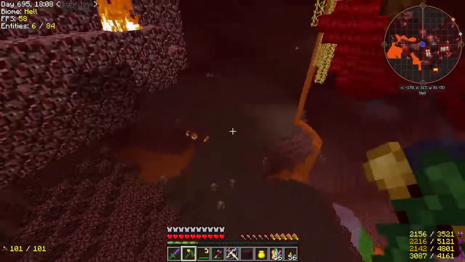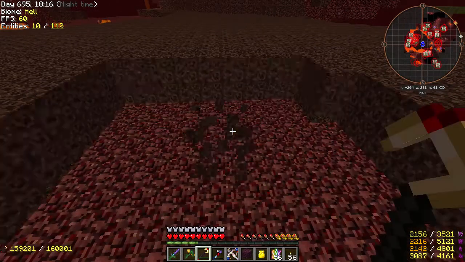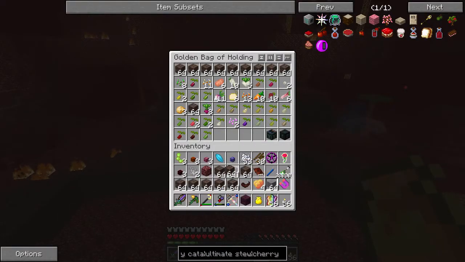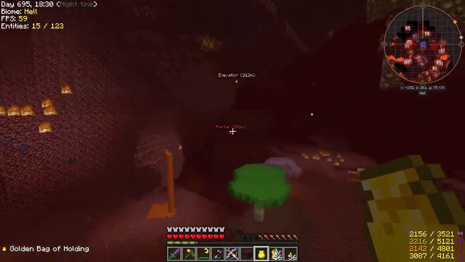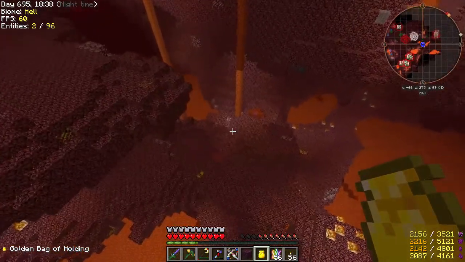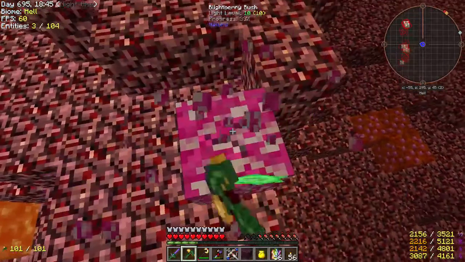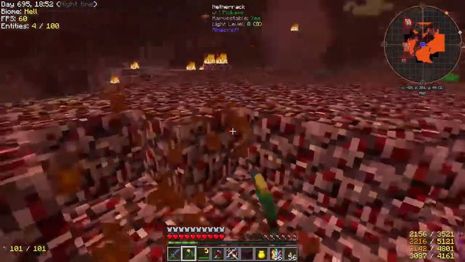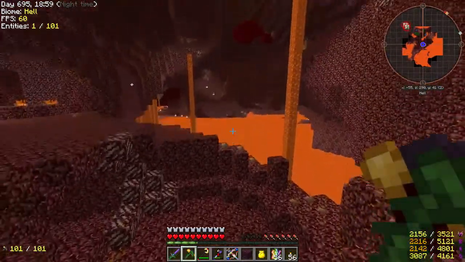Since I don't see any tainted soil, let's just go with this. We will grab a bunch of soul sand. And let's head back home. And what we'll do is we will... There's a bunch of berry bushes right here. Okay. We only need 8 of each, so I'm not too concerned about, like...